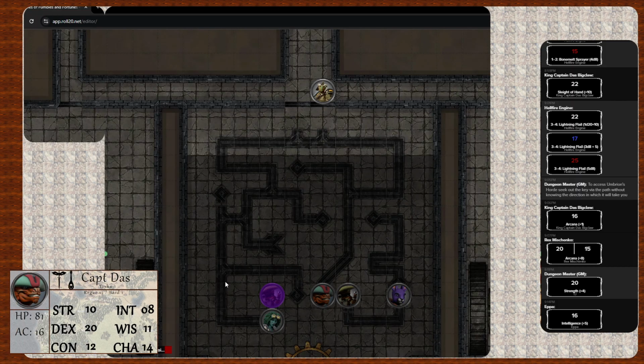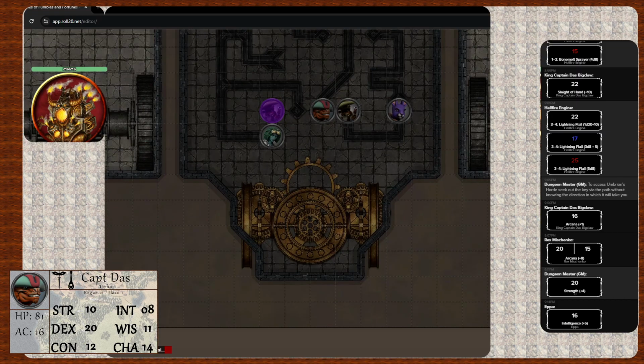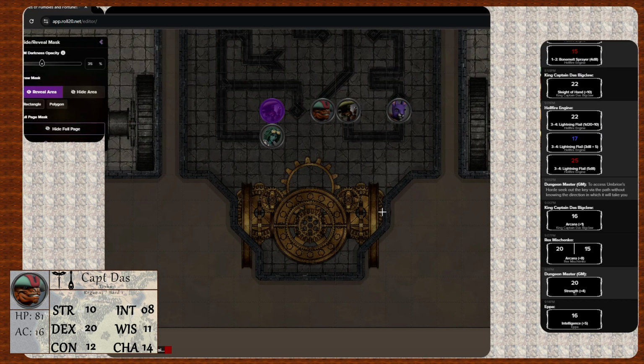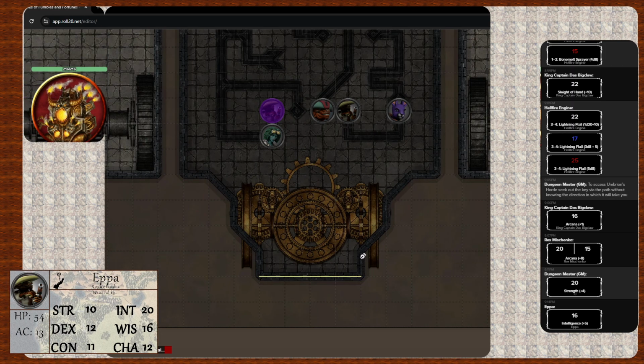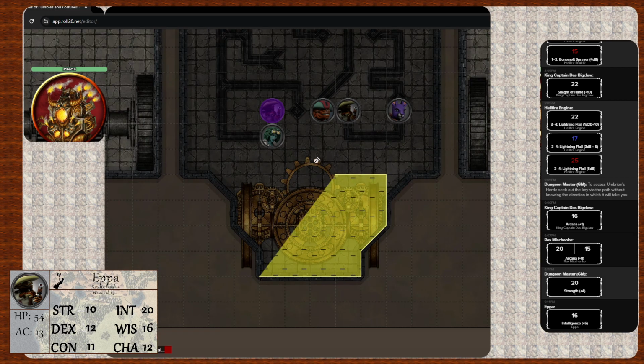Would you like to press the button? Yes. That is what stomp means. Fair enough. Alright then. For all of you now, there's something whirring up in front.